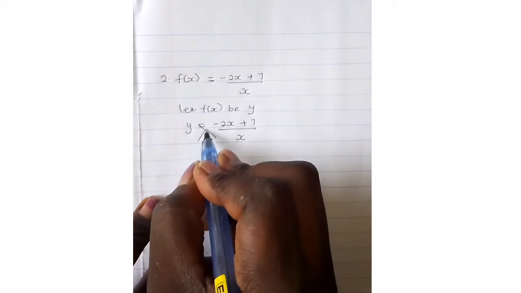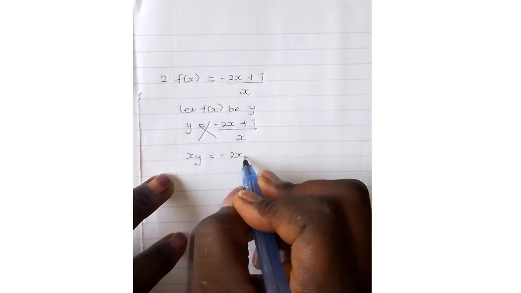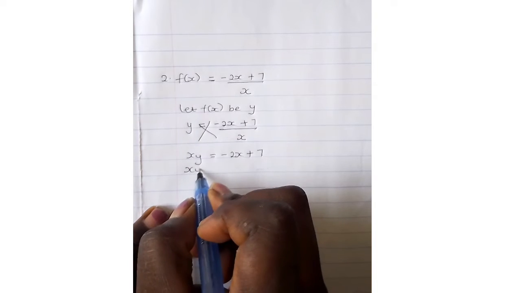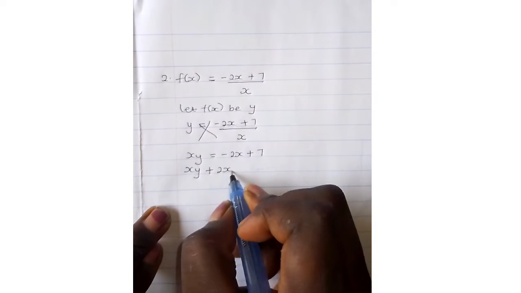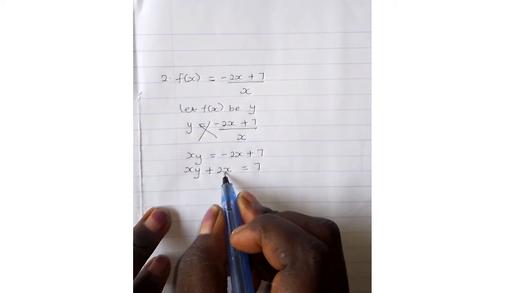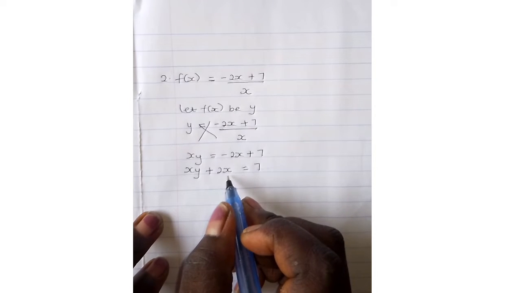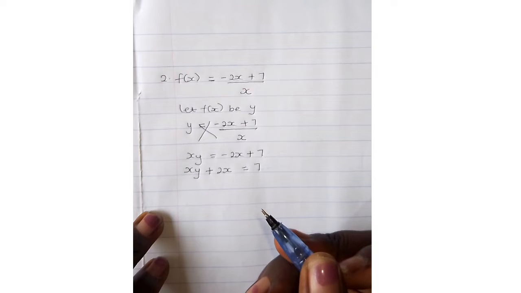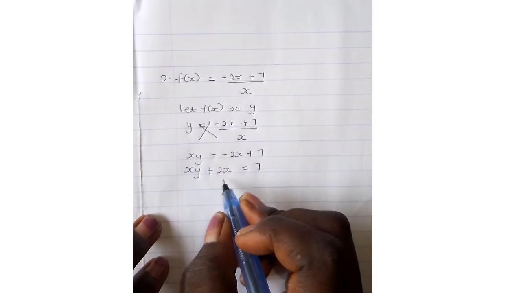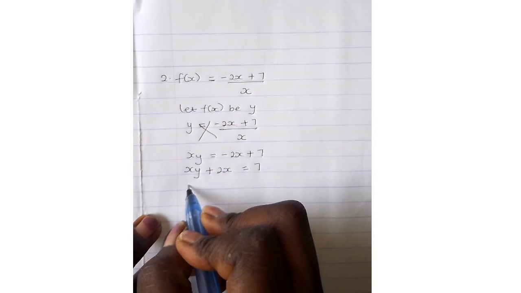So we cross multiply. So here will become xy equal to minus 2x plus 7. Then collect like terms, so it becomes xy plus 2x equal to 7. Now, if you take a look at this equation right here, there's something common between these terms, which is x. So what do we do? We factorize in this situation. What is common between these two is x. So we can easily write this as x times y